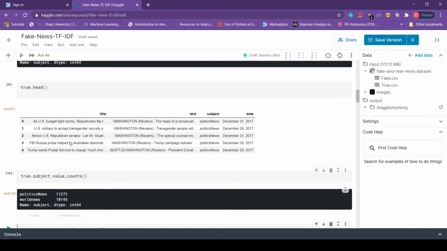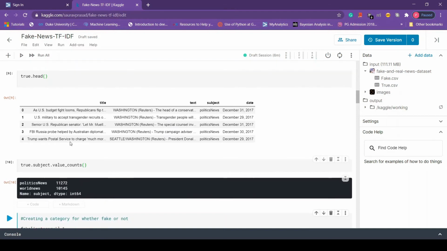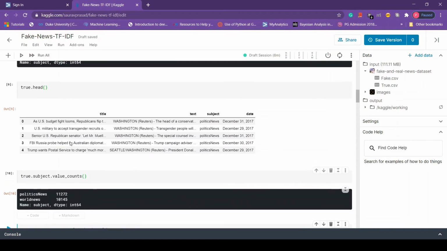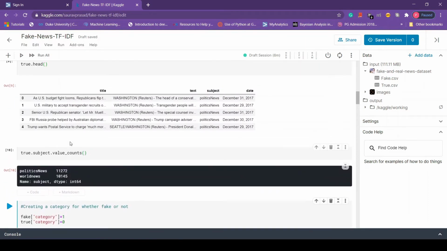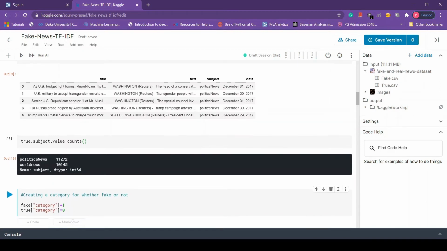Now the problem is that we don't have a target variable. That is, if we feed this data to our algorithm, it won't be able to classify whether it's true news or fake news. So in order to overcome this problem, we create a target column with the name category, where fake is represented by 1 and true is represented by 0. So this line of code is doing the desired thing for us.